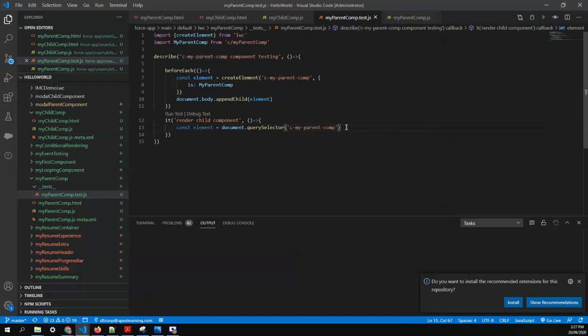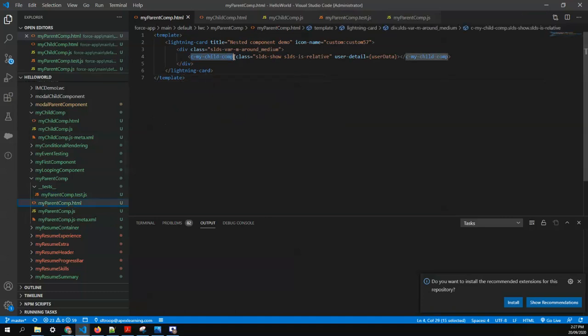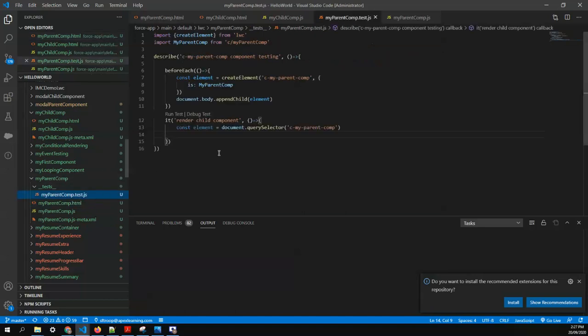Once we get the element, we have to query for this particular tag within that element, to check whether this particular tag is available once or not in our test case.